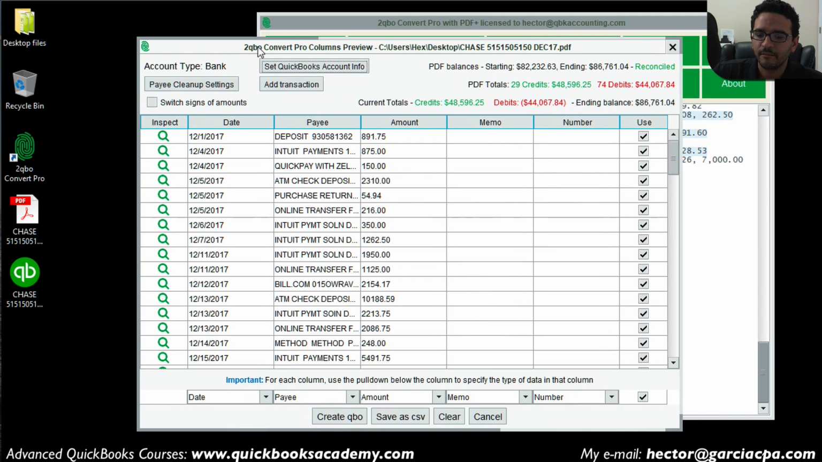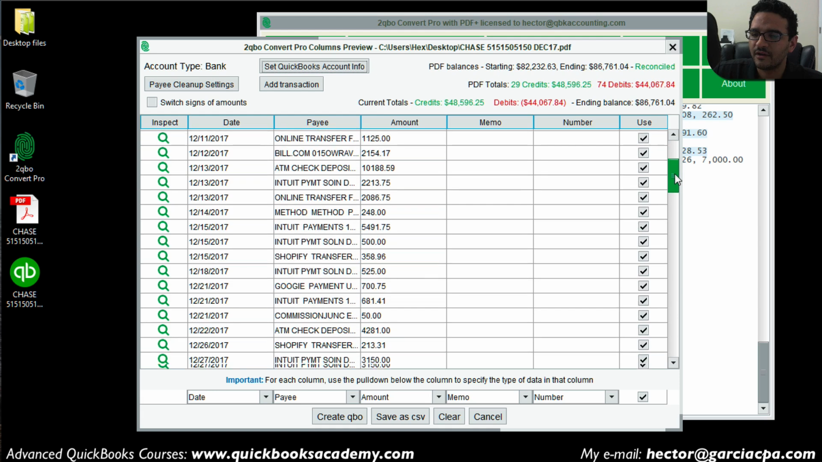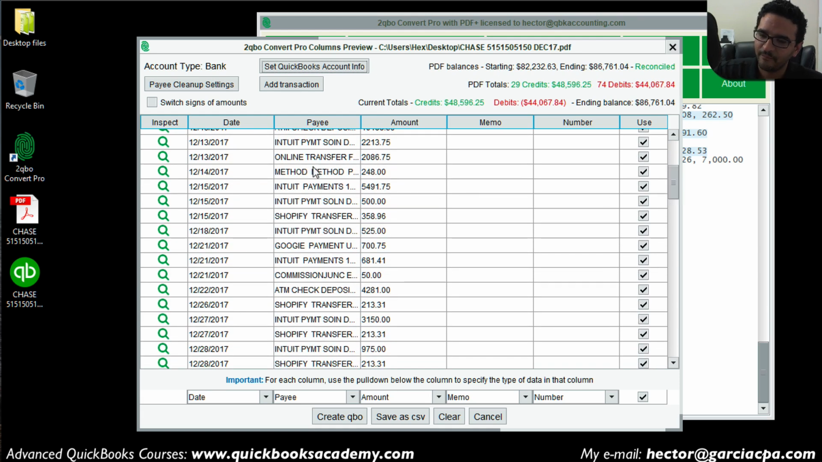Then when the conversion is complete, you're going to get basically an internal spreadsheet, and you're going to see every single line that was translated from PDF into the software. Now, this has not converted into any external file yet. It's still inside the software, waiting for you to figure out whether or not you're going to approve the conversion